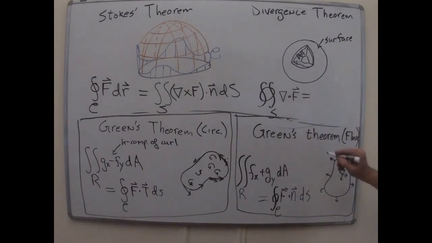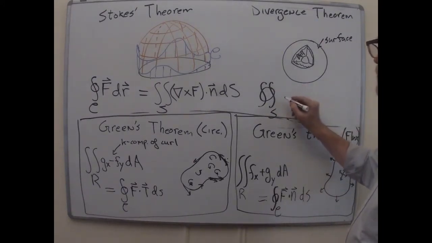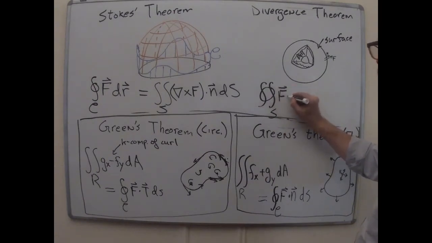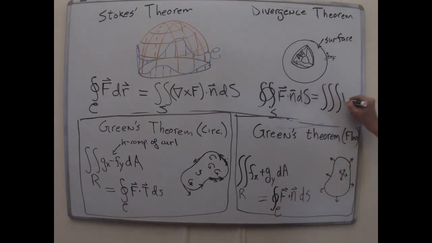On the other hand, that can be, what have I done wrong? I've done that wrong, sorry. That's what's on the right-hand side. The thing that's integrated in the surface area is to what extent does the vector field poke out in the normal direction. You've got normal vectors and you've got field vectors, and you want their dot product. F dot n dS. Make sure that that's a capital S because it's a surface area element. And that's equal to, here's where the divergence comes in, del dot F dV.